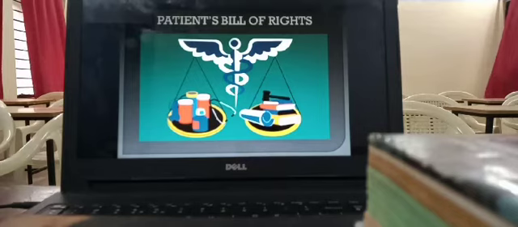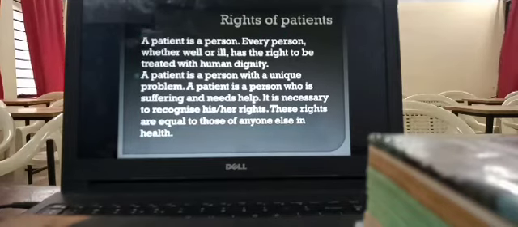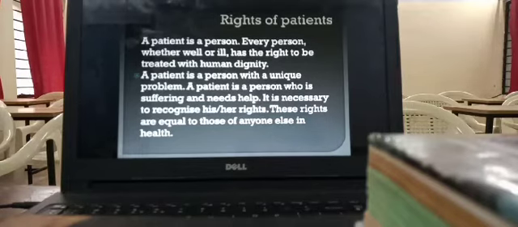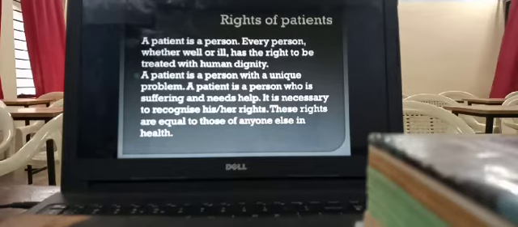Next, we are going to see about the patient's bill of rights. That is nothing but the rights of the patient. In Tamil, we can say it is Tan Urimai. Sometimes we use the term rights with our friends or close members or family members. While talking, we say, what rights do you have, and we use that term very often. So I know most of you know the exact meaning of rights here. Here we are going to see about the rights of patients.